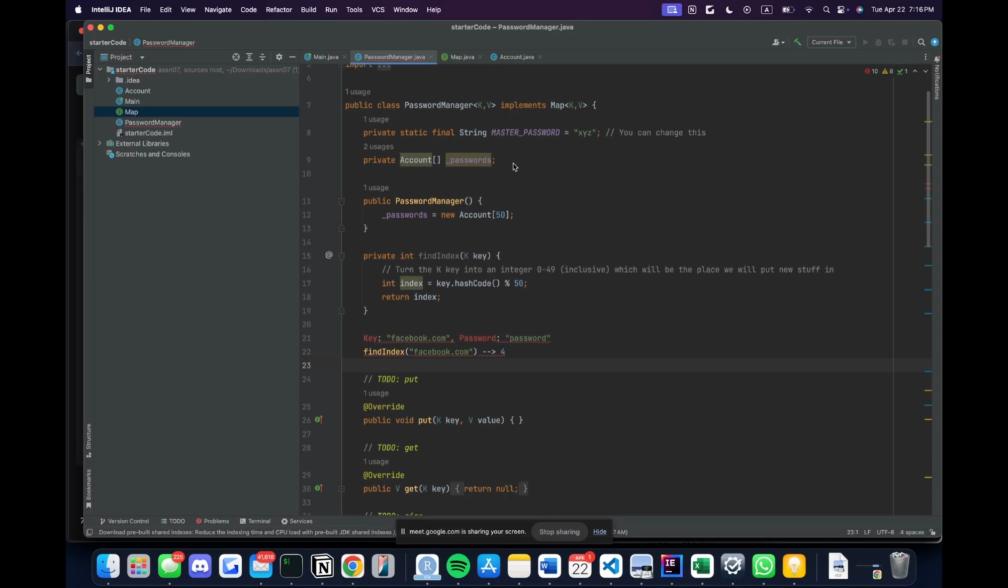So in the passwords array, at this fourth element, if there wasn't already a linked list there, then we're going to have to add in an account object. Because remember, if there's nothing already there in an array and we initialize it like this, it's just going to be null. So either we have to initialize the linked list in this spot 4, the fourth element,